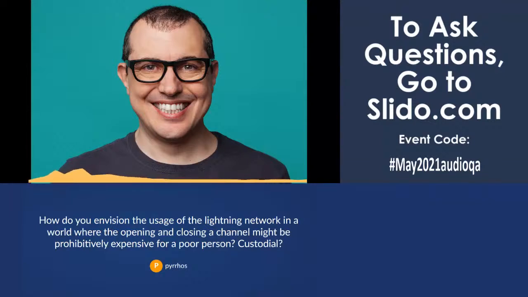The other way you can see this, of course, is we're already seeing optimizations to make opening and closing channels cheaper. And one of those optimizations is Taproot. The Taproot improvement is going to massively simplify the closing of channels and the opening of channels. It is going to reduce the footprint on the blockchain, and that will reduce fees for people opening and closing channels